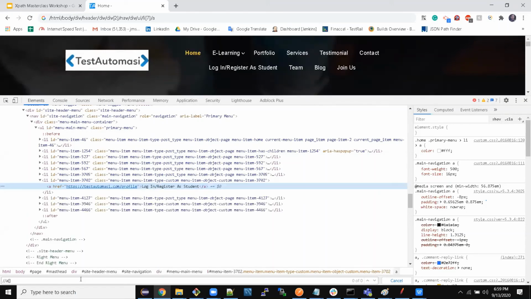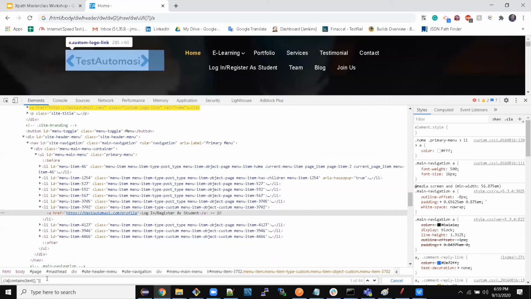So I will find the element, and say contains, text, comma, clear this out, and now I add the text which is needed.